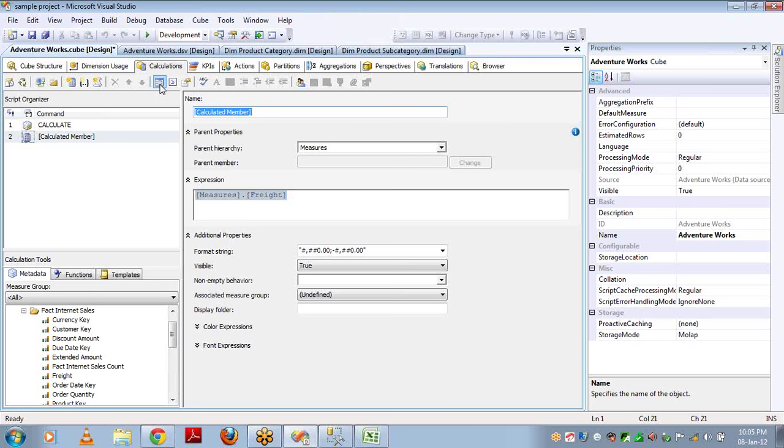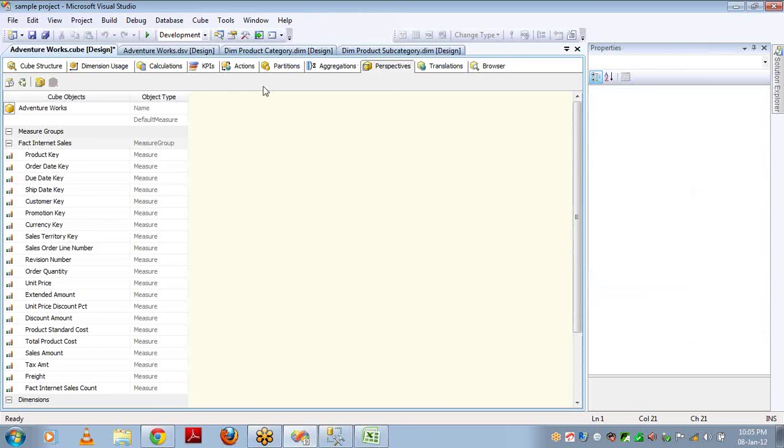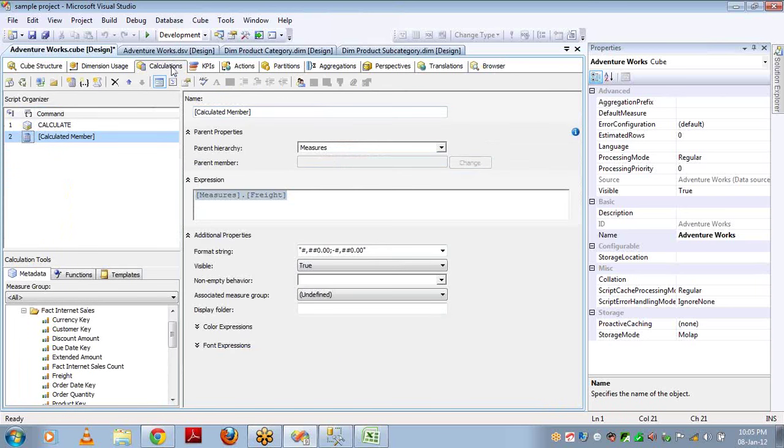The scope is the cube level. Wherever you have that access, the perspective level, in other words, you know the perspectives. Perspective means the default one that you have. So if you create the calculated measure in the cube in BIDS, then the scope is cube level.